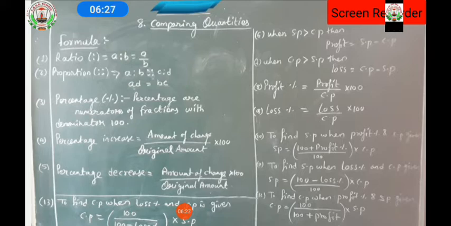Next, moving toward the formula, after seeing the formula for profit and loss, we are moving toward the next formula, that is profit percent and loss percent. So profit percent, when we are having profit, then only we are having the profit percent. जब हमको question में profit मिलेगा किसी चीज़ में, तभी हमको profit percent निकालना है. जब किसी चीज़ में आपको loss मिलेगा तो उसका loss percent निकलेगा.